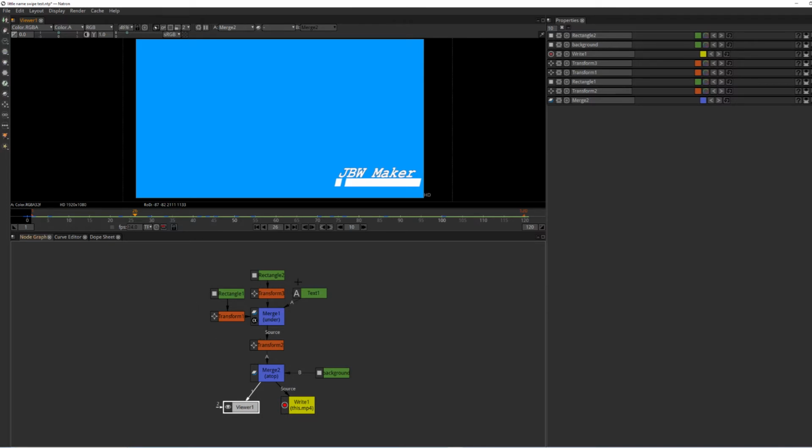They're all merged together in order for them all to be transformed, so they move from off screen to on screen, then back off screen. And then there's another merge which does two jobs. One, it lets me use the background, which is the blue thing up here, because if I attach that directly to the viewer, you'd only see